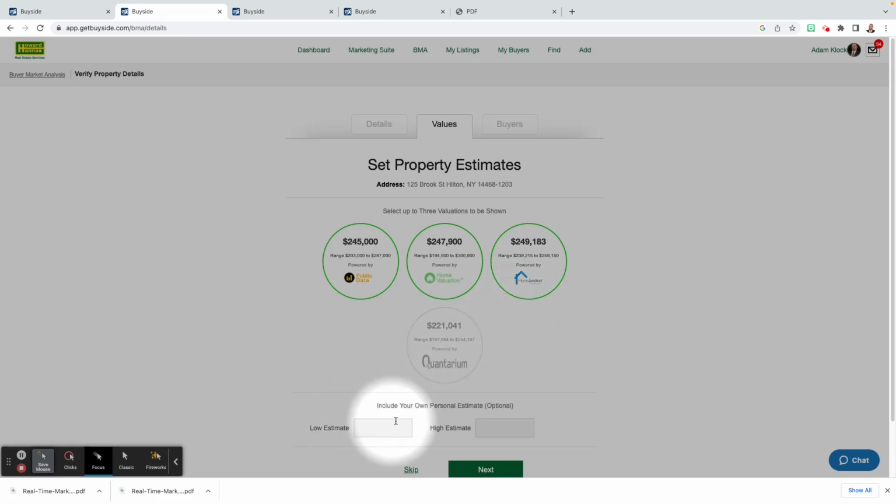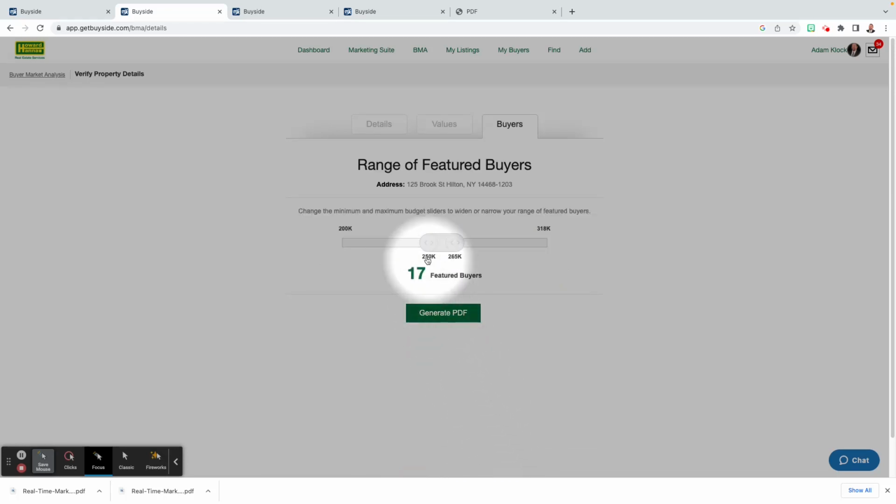But down here, you can include your own personal estimate as well. So I know this, I've pulled some comps on the MLS, but I wanted to have a simple version here with some automated valuation systems. But I think it's worth somewhere between 250. And then I click over here for the high at 265. All right, and then I simply click next,